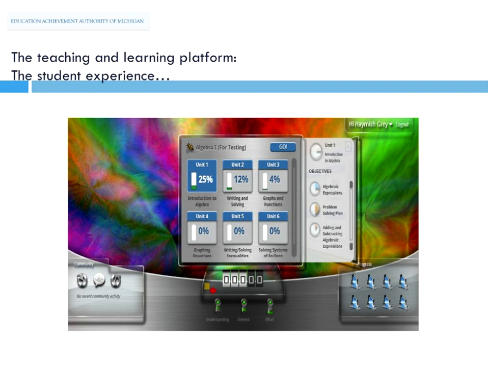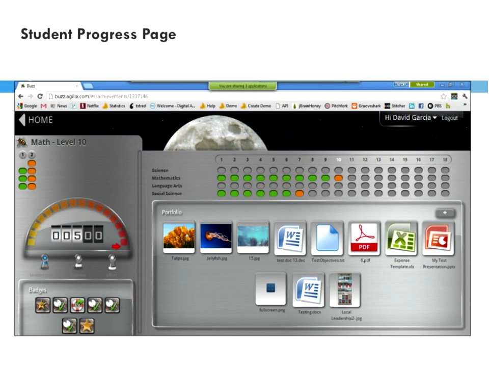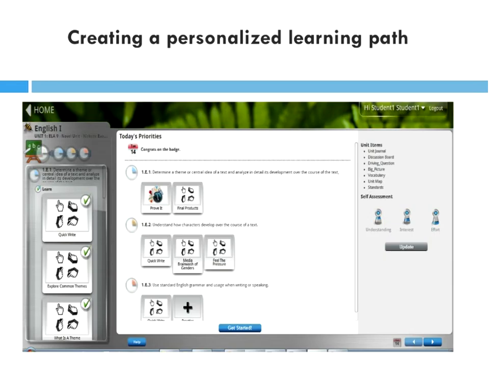And then on the left-hand side, there's a communication wall where not only can students communicate, but they're also able to ping one another for help as students become experts and master different standards. Here's their progress page, which not only shows where they are in a particular course, it's where their badges are housed. It's also where they can update their daily self-assessment, as well as their portfolio, and they can see where they are in terms of their vertical progression within each subject area. Sorry, I misspoke there. A daily self-assessment in terms of understanding, interest, and effort is here.